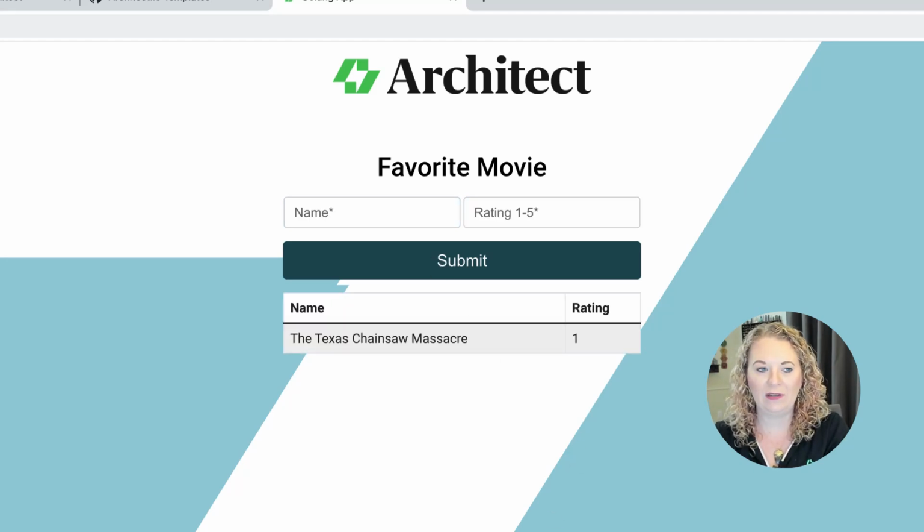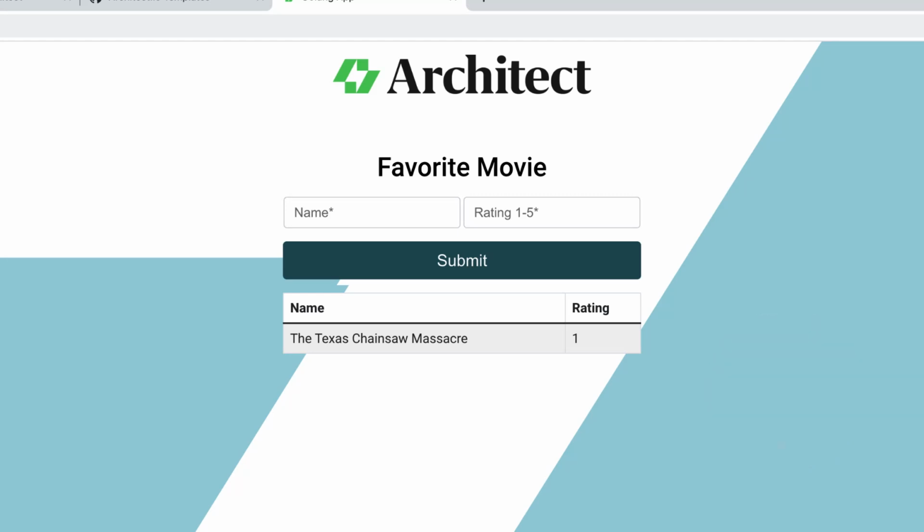So now we have an application that uses a backend API and displays the results of previous entries at the bottom of the form and allows us to enter new information. So we're running this application locally, and I'd now like to show you one of the main benefits of using